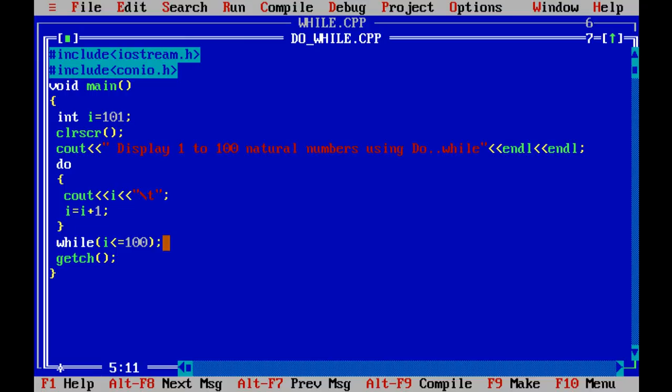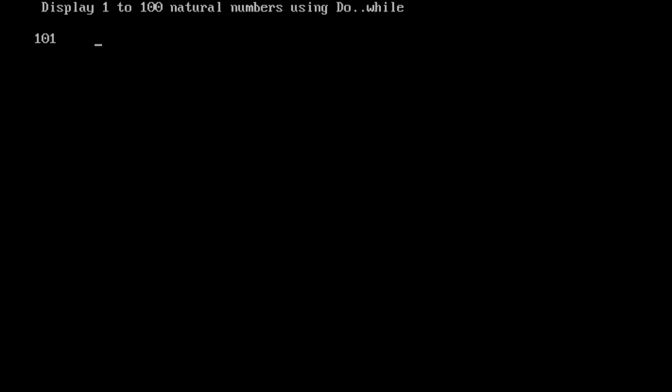But in do while, what is happening? See, in this do while, first I equal to 101, then display I value 101, then increment the value of I by 1, 102. Is 102 less than or equal to 100? No, then control exits. Clear? Then what is the output? Press Control F9. What is the output? 101. Clear? So in this do while statement, in the worst case, at least once